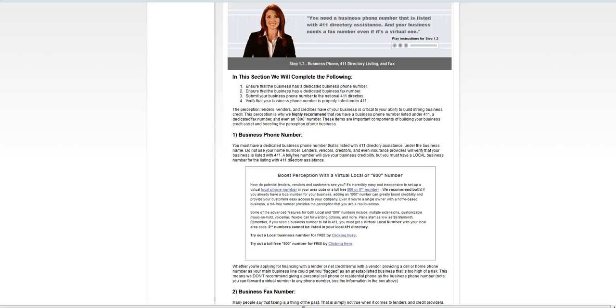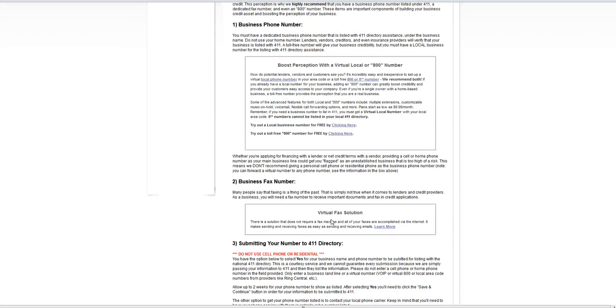We're revealing to you what the lenders are really looking for. When they're asking you for their phone number, what do they really want to see on that application? Well, we're going to tell you that in step one. And if you don't meet one of those requirements, a one-click solution is available for you to be able to make sure that you do meet that criteria. So for example,